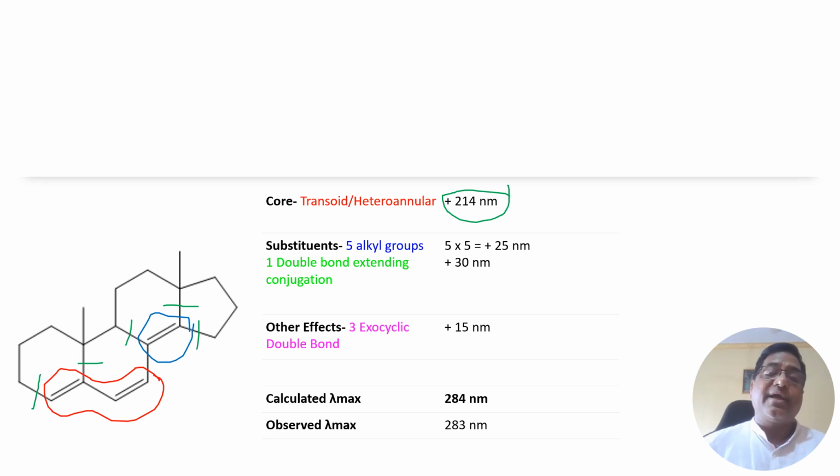So I have to add 30 again. So this is here 30, then 25, then other effect. Are there any exocyclic double bonds present? Yes, there is exocyclic, because if I label this ring as A, then this ring as B, and this ring